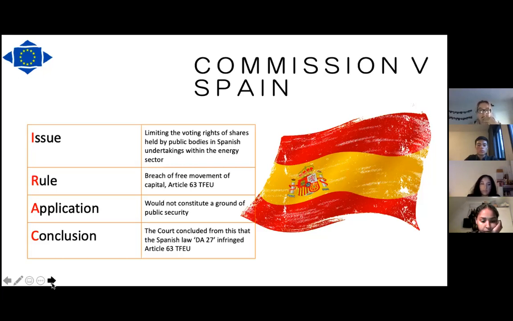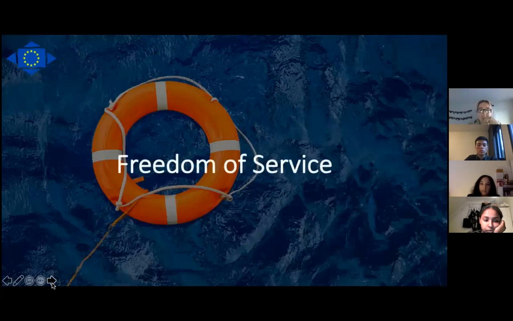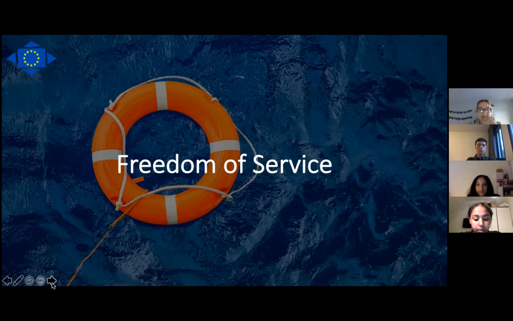Moving on to the free movement of services. This refers to the right to offer services without restrictions in all member states of the European Union, found under Article 56. The justifications in respect of this right are the same justifications as for the breach of free movement of goods and of persons. These justifications of any breach of the right of free movement of services, as with the other freedoms, are only relevant if there is a measure in breach of one of the freedoms. In other words, if there is no breach of one of the four freedoms, the exceptions become irrelevant.